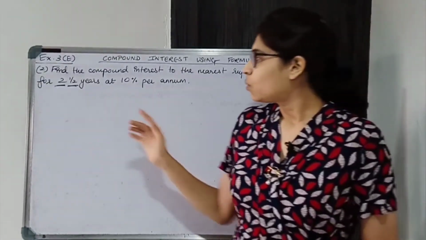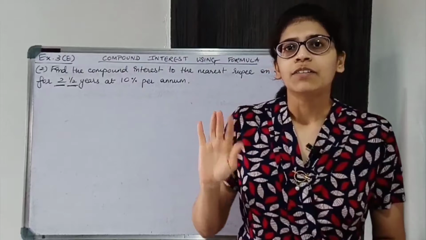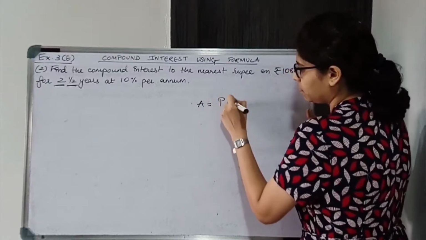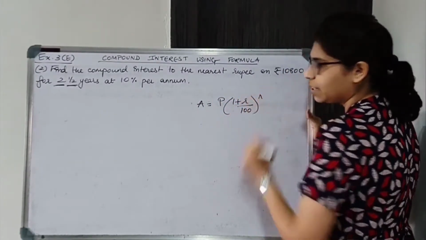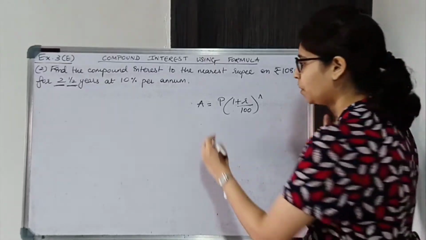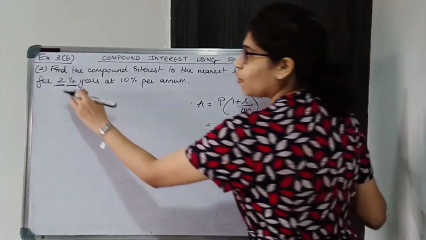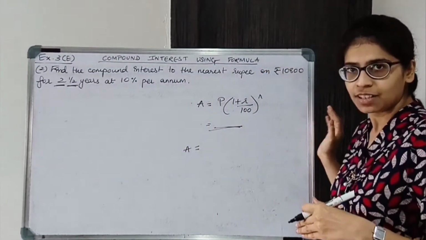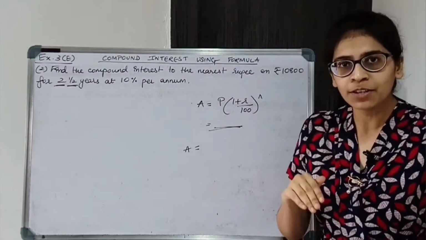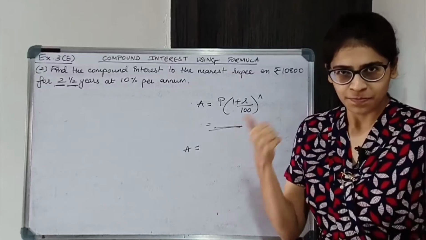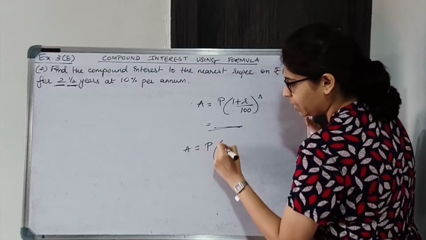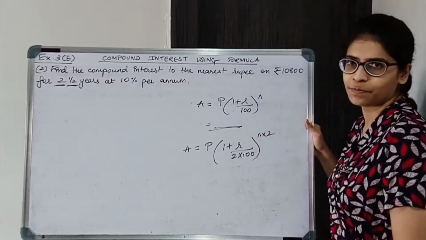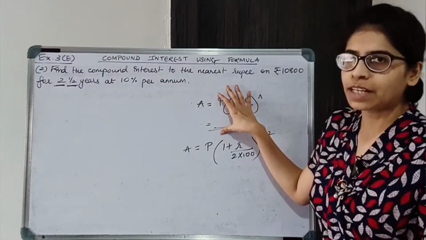Now over here for 2 years, we will consider the normal formula. We will consider the interest to be calculated yearly. So what will be the formula of amount? Now you will get some value of amount. Okay, for next half year, now since it is half year, the rate of interest will be divided by 2 and number of years will be multiplied by 2. So the formula will be P into 1 plus R upon 2 into 100 raised to N into 2.